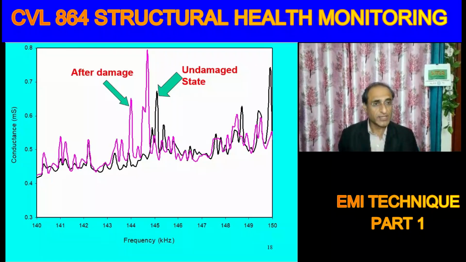But we had seen in the global vibration technique case study, where we were drilling holes, state 1, state 2, state 3, there was hardly any change in the frequency. So this is the difference between the global vibration technique and the EMI technique. The EMI technique is very good for identifying incipient damage, and the global vibration technique is very good for identifying and locating damage which is of a global nature. Alright,